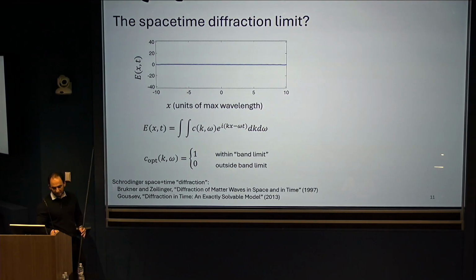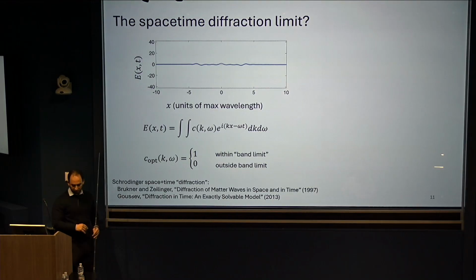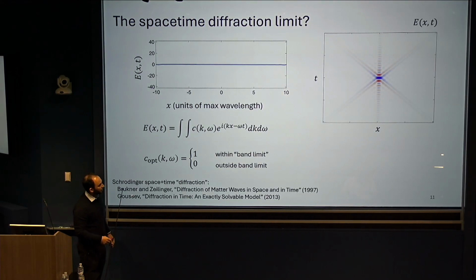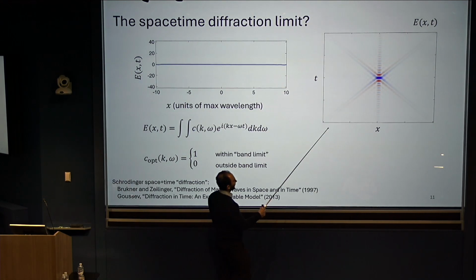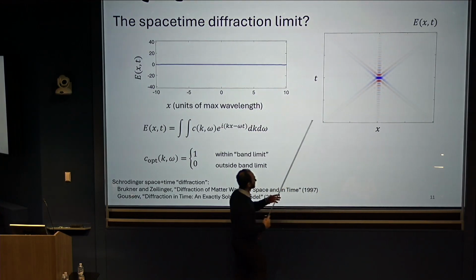You can work through exactly the same thing. The optimal coefficients are 1 over the accessible waves. And what that produces is a pulse that sort of comes in and nicely hits a peak at x equals 0 and t equals 0 and then falls away. What's the full width half max? Actually, it's different when you do things in space-time than just in space. And the reason for this is exactly shown in this diagram. You have these pulses coming in. They localize, and then they go back out.